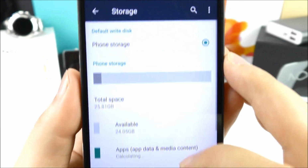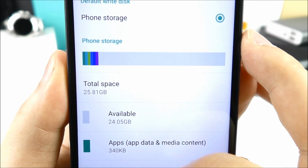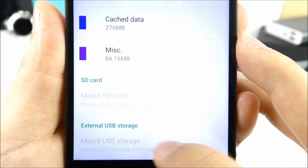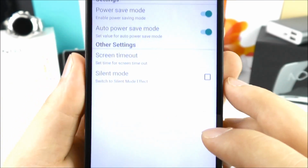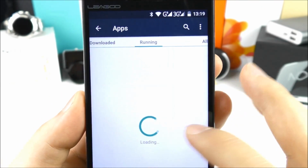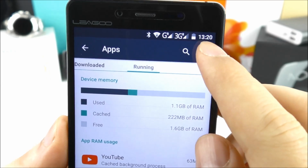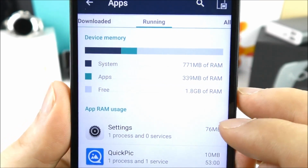We find the storage, and you can see the total space near 26 GB. Support for SD card and also external USB storage, USB on the go. We have power save mode. Let's see the RAM consumption, 1.8 GB of 3. Let's see cached, 1.6. So the phone totally has 3 GB of RAM and nearly 2 is available still, so